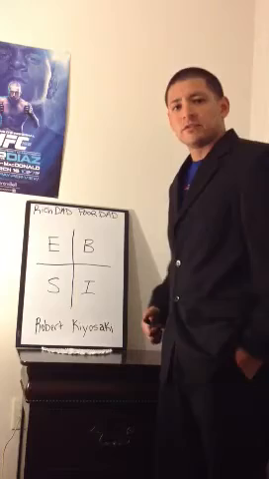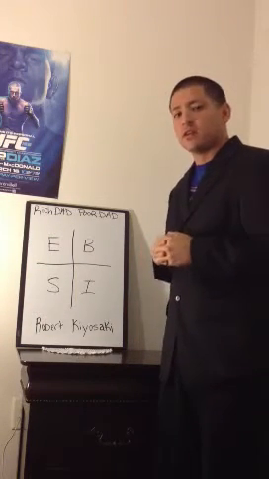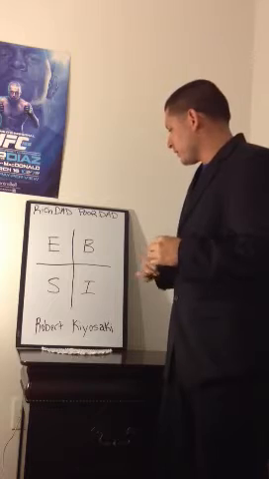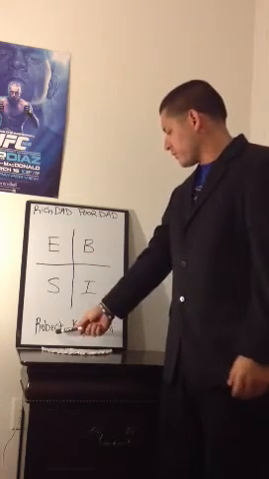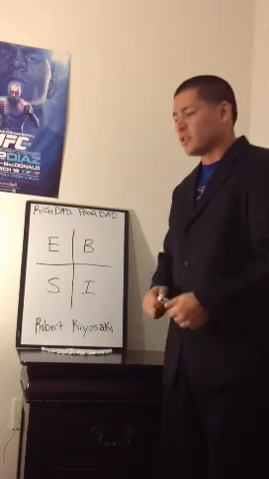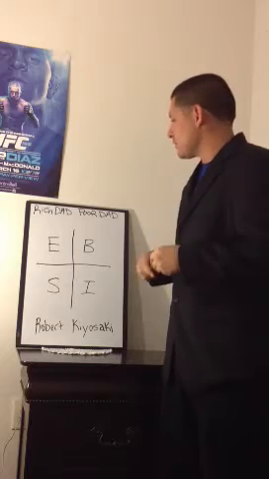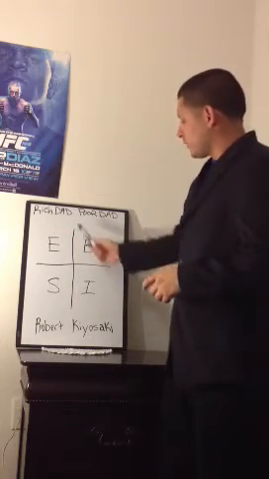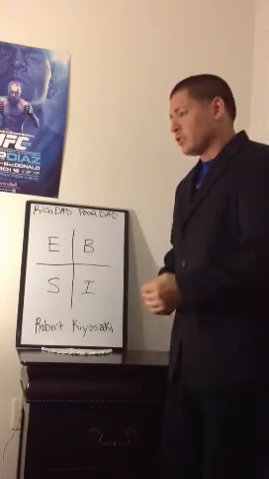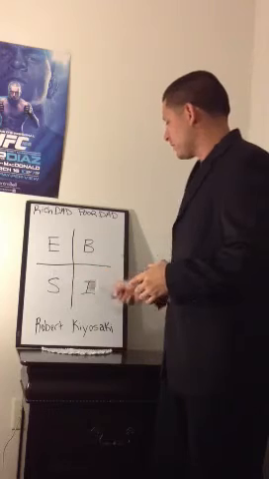How we doing, everybody? It's JP, and I wanted to take a few minutes today and talk about this amazing illustration here. I got this from Mr. Robert Kiyosaki, who is a very successful entrepreneur. He's the author of a famous book, Rich Dad, Poor Dad, and this is what the cash flow quadrant looks like. So I wanted to take a few minutes and go over what these different letters mean.